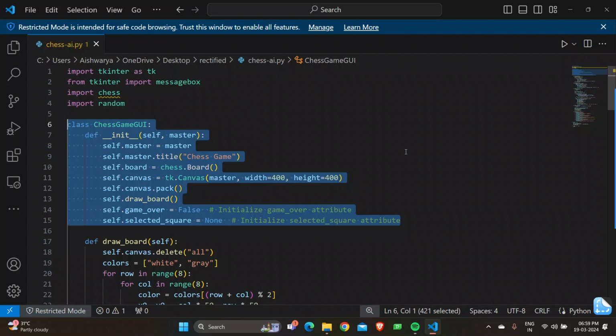We have self.drawBoard. This calls the drawBoard method to draw the initial chessboard on the canvas. And we have self.gameOver is equal to False. This initializes the game over attribute as False. And we have self.selectedSquare is equal to None. This initializes the selected square attribute. These both initialize attributes to keep track of whether the game is over and the currently selected square on the board. So moving on to the next function,